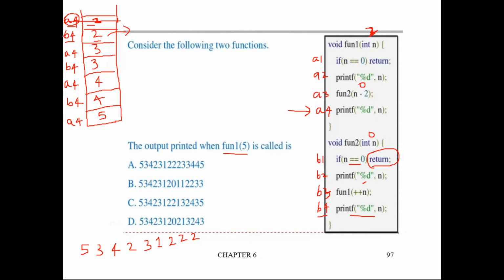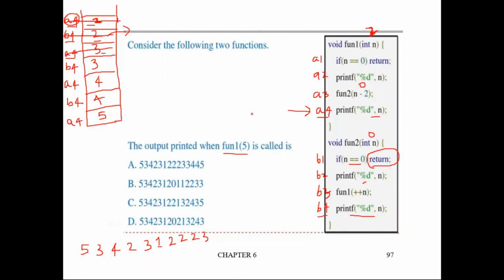So this is also moved out, right? Now after this, again it's a close bracket. Close bracket means return. So again pop the top of the stack. What is top of the stack? A4. So it means go to the address A4 and current n value is 3. So A4, this instruction will execute with n value of 3. So 3 will be displayed. Okay, so this will come out.